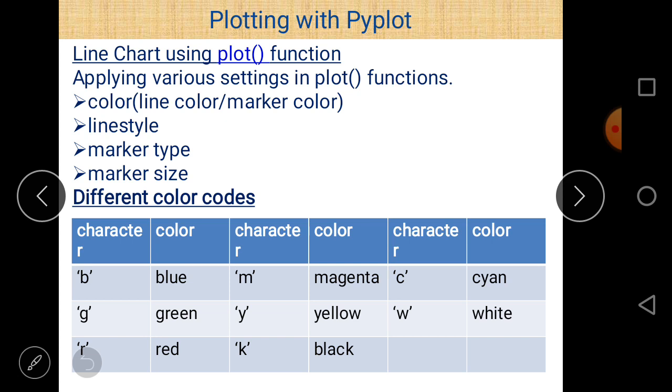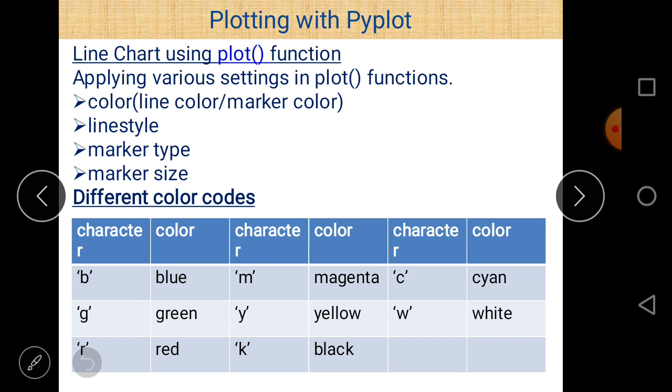There are different types of lines: dashed line and solid line. Then marker type, you can put different types of markers. And marker size, you can also increase the size of the marker. So now first of all, consider them one by one.